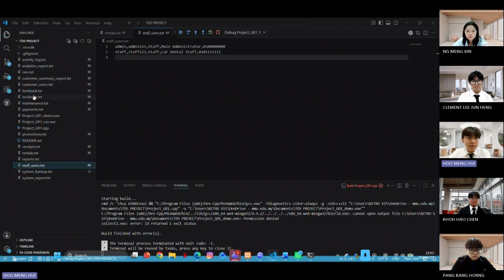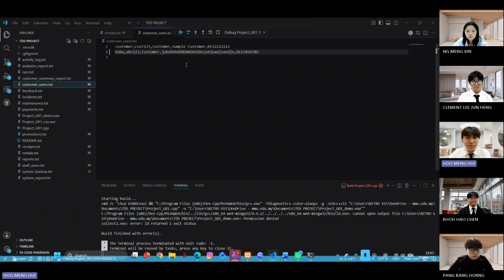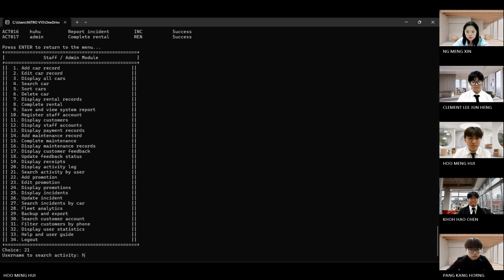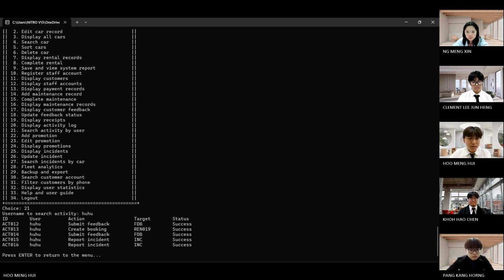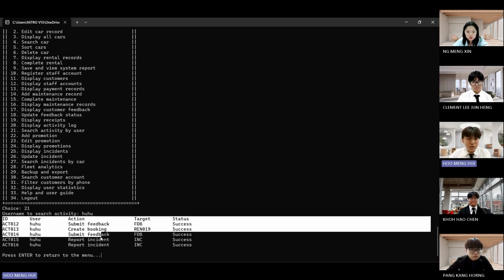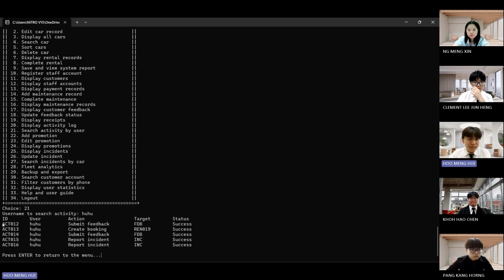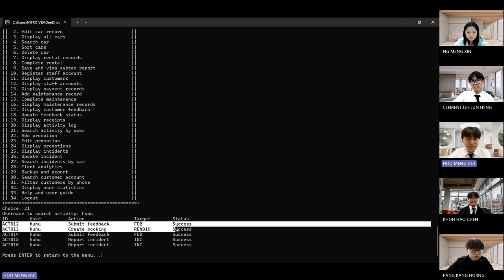For example, we search who. Here it will show all the activity from who, like activity 012 by user who, the action is submit feedback, and the status is success.